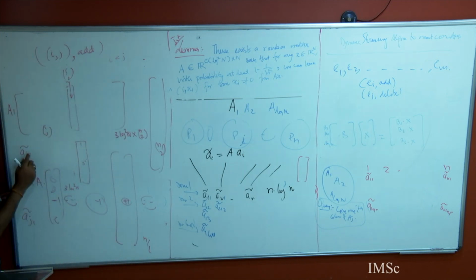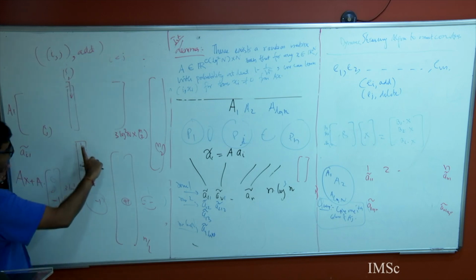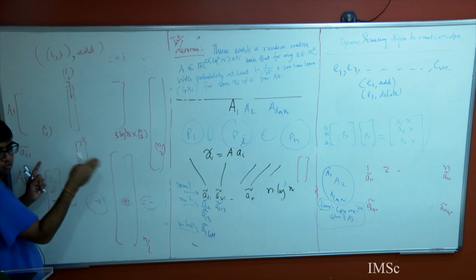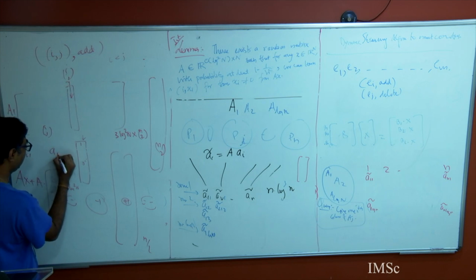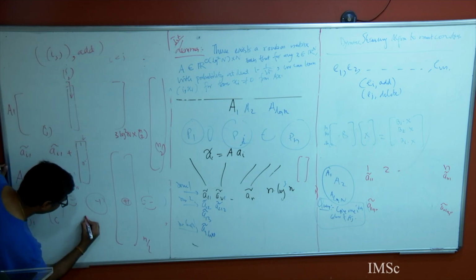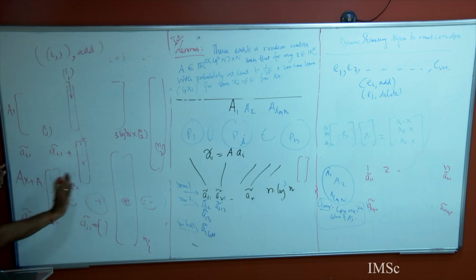So if I have to multiply, I take ax, which I already have stored, and I take a big vector, which is just an incidence vector for this edge. If i is less than j, I put plus 1 for the ith guy, and for the jth guy I put minus 1, and then add it. Basically I look at this column, and if it is plus 1, I take this number and add it to the current. It is like ai1 tilde plus this vector, and for aj1 tilde plus this times minus 1. That's it. So this is how I can update my information.